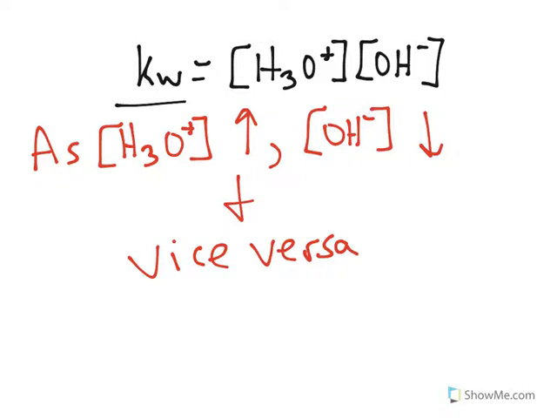If one of these two values goes up, the other has to go down, and if one goes down, the other has to go up. And that actually allows us to do a little bit of calculations here. Let's say,